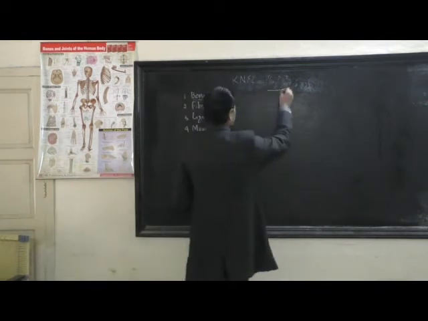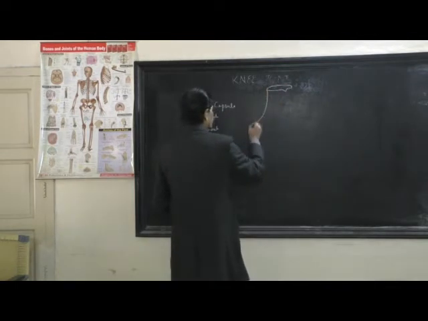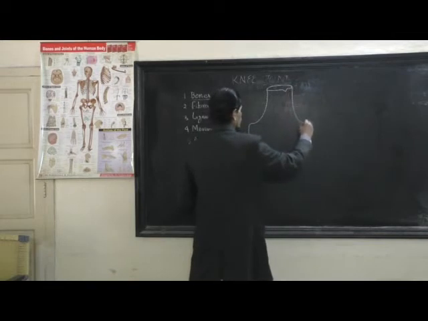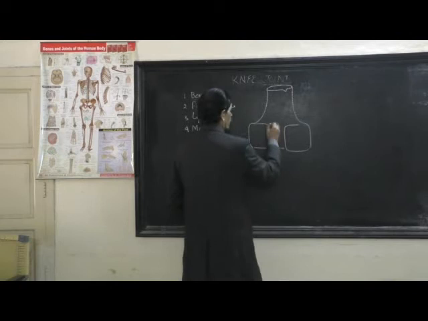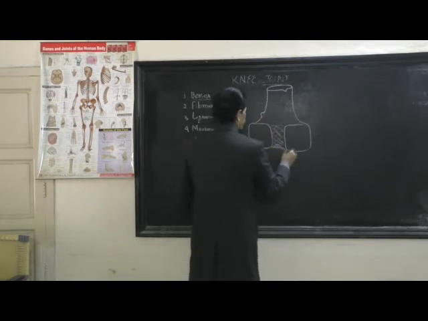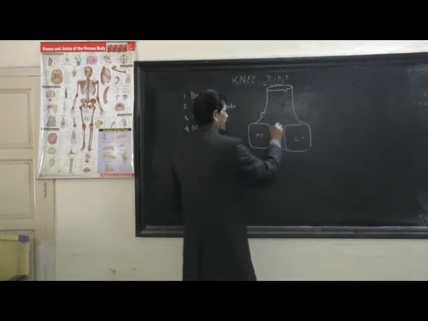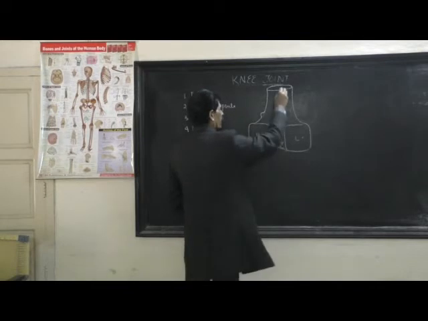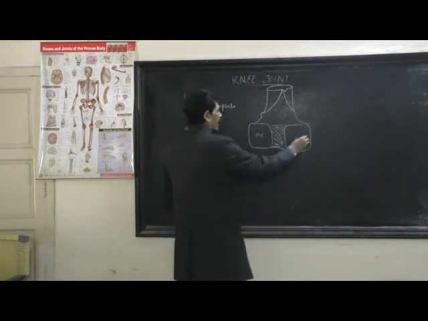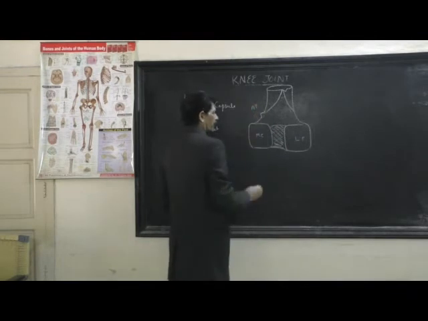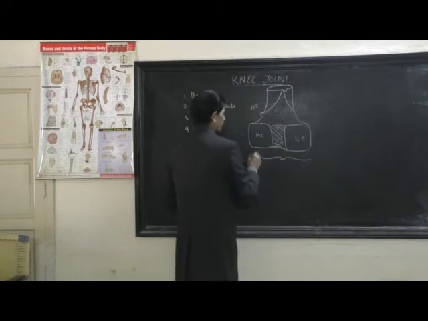So when we see the knee joint, the lower end of the femur, the posterior view of the lower end of the femur, similarly, the upper end of the tibia of the knee joint, when we see the posterior part,